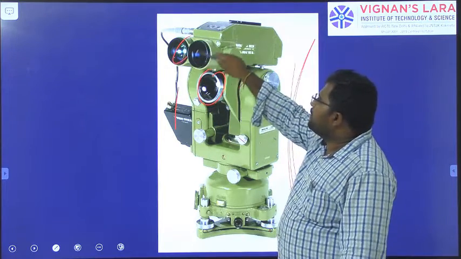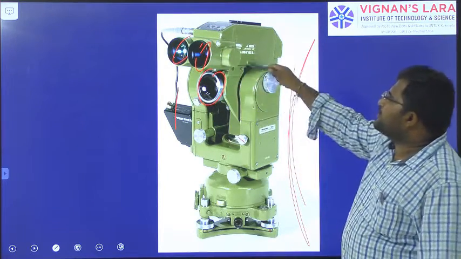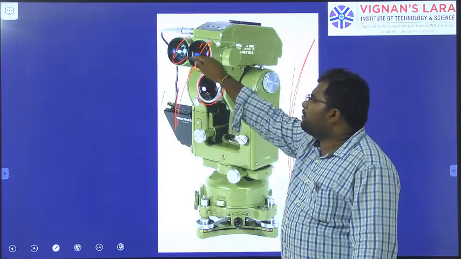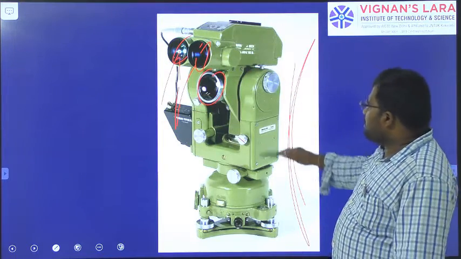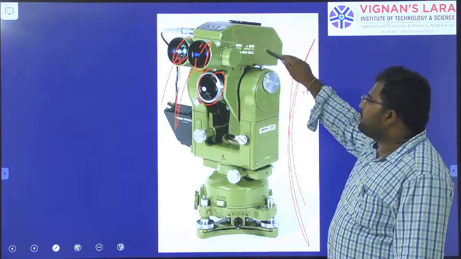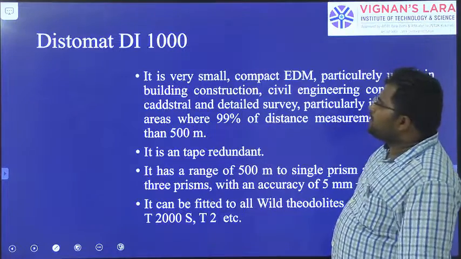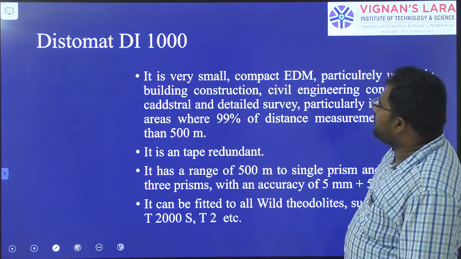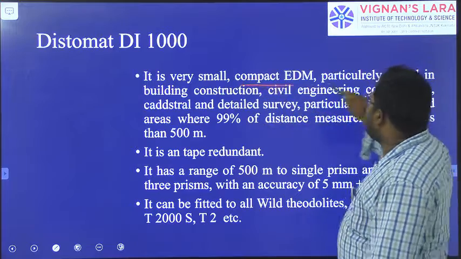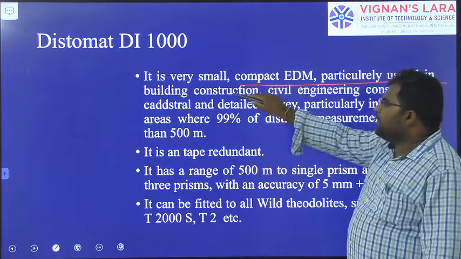Then we have things to reflect and receive. One may be the emitter, the other may be the reflector. So the whole thing will be converted, and we will get a direct reading. Okay, so then coming to the Distomat 1000, it is a very small and compact EDM, particularly useful for building